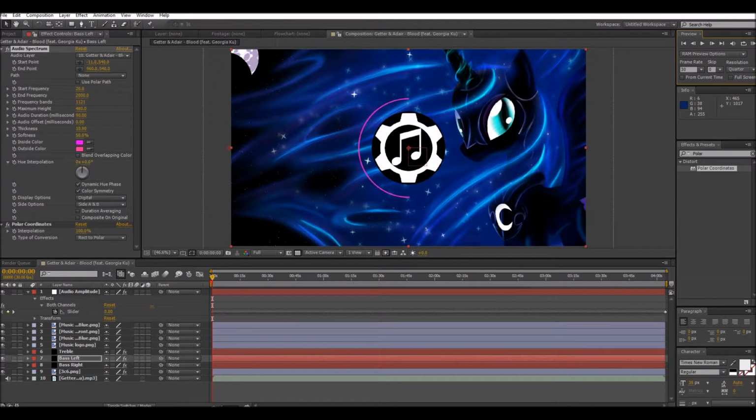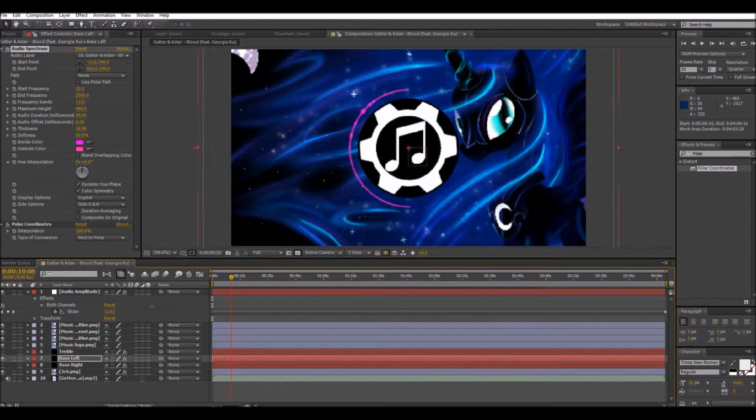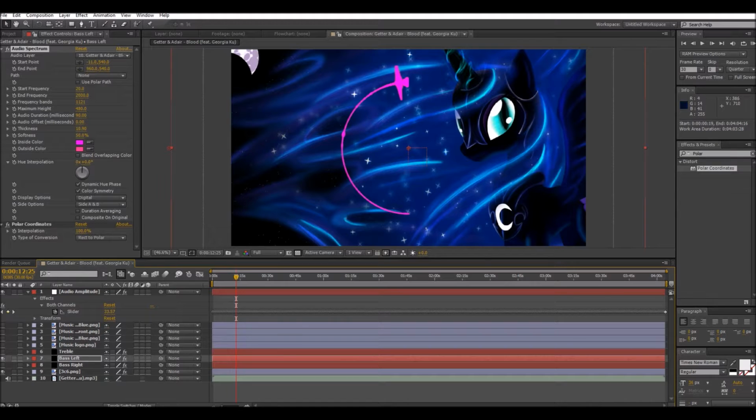Okay, so now that we got a good read on where the bass is, let's go to, say, right here. See, you can see that little part right there. Let's turn off the visibility of the logo for now, since we're already done working with that. So then we want to turn down the start frequency, first of all, then turn down the end frequency to just about here, right here. So then turn up your maximum height,